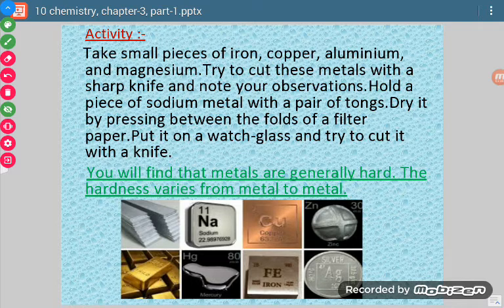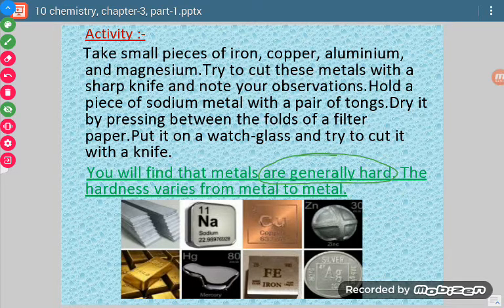So here we want to say that sodium is an exception, otherwise other metals cannot be cut, so they are generally hard. Only sodium is a metal which can be cut with a knife nicely, and so it is not hard, but still